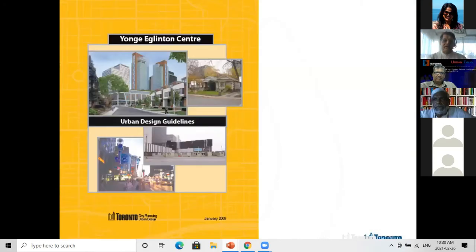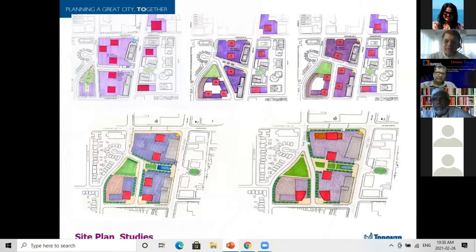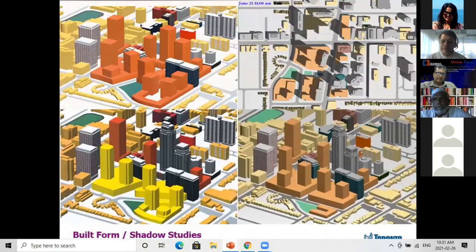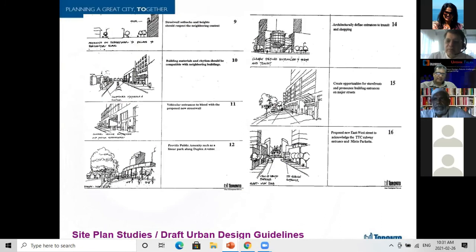And we wrote these guidelines. And these guidelines were approved by council in 2009. We looked at a number of opportunities to lay out blocks, new streets, greenery, where towers go, where mid-rise buildings go. And we started to mass and study them in three dimensions and look at their shadow impacts. How will the shadows of these proposed heights work? We started to draft urban design guidelines very quickly in sketch form,